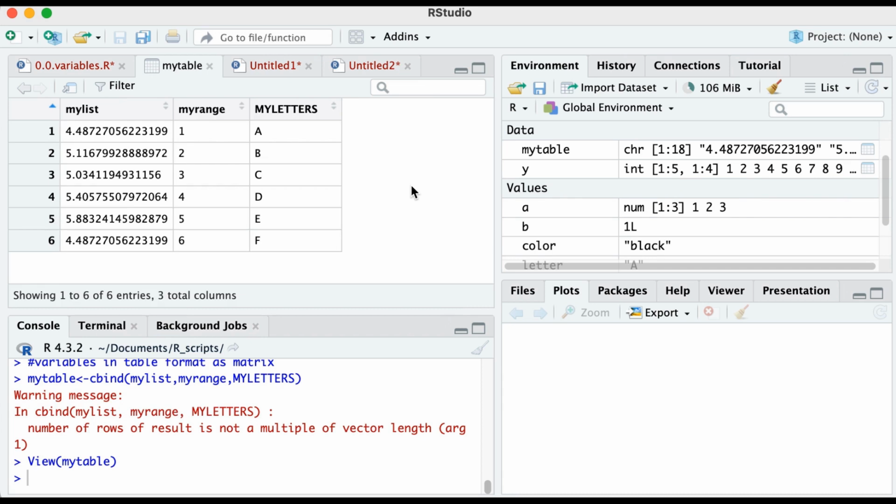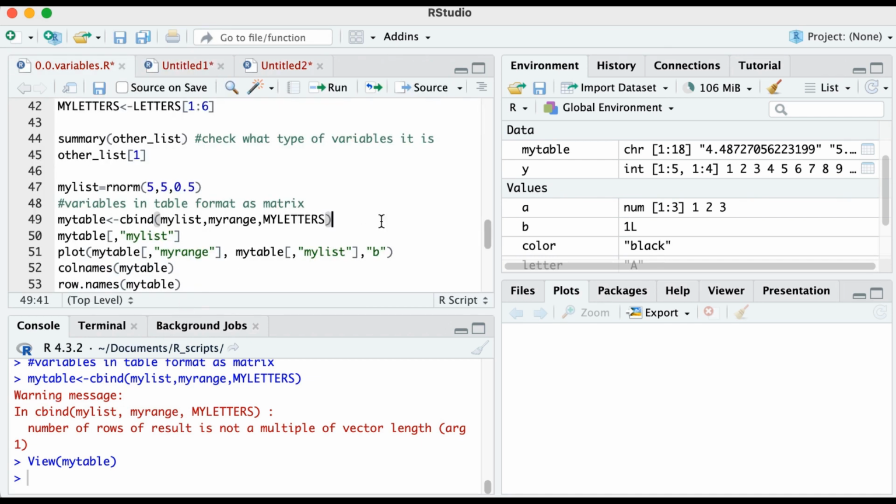But if you look into it, you will see that it is nicely 1, 2, 3, 4, 5, 6 and up to F. And my list repeats the first value one more time because it was a 5 times only, and I have a 6. Now the column names are inherited already from my individual vectors, but the row names are not yet present,